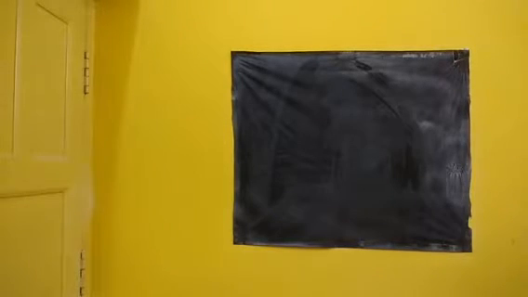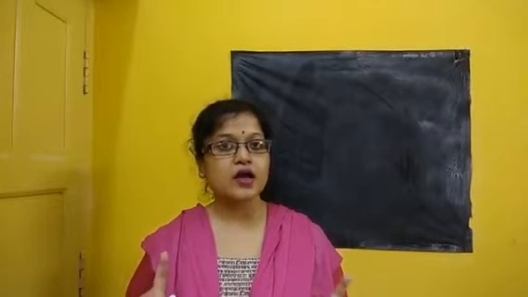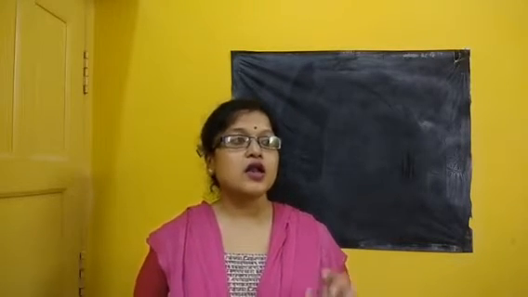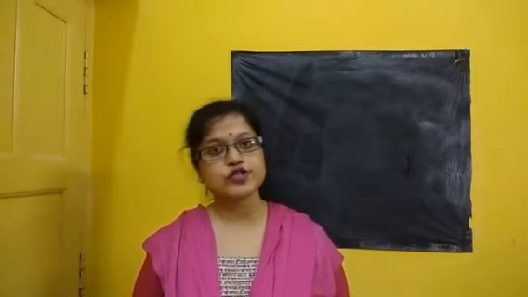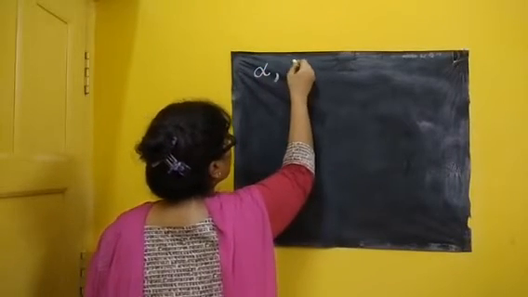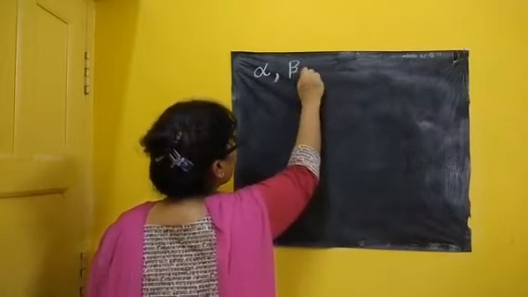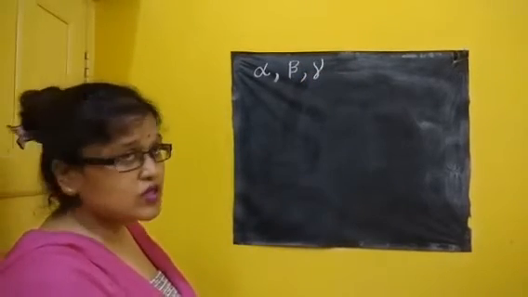Now see, already we know about the linear expansion coefficient, superficial expansion coefficient and volume expansion coefficient. Why we are considering three things separately, I will tell you the reason. Before that, let's go for the interrelation between the coefficient of linear expansion alpha, coefficient of superficial expansion beta and coefficient of volume expansion gamma. What is the relation between these three?